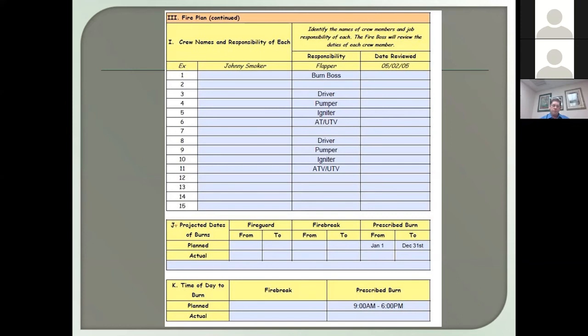Projected dates of burn and time of burn, just put in your dates. Almost every burn that I write is from January 1st to December 31st, and that's because many times we're burning the same piece multiple years, and so we recycle the burn plan for that. And also, there's 365 days in the year, so we're going to use every one of those days to burn